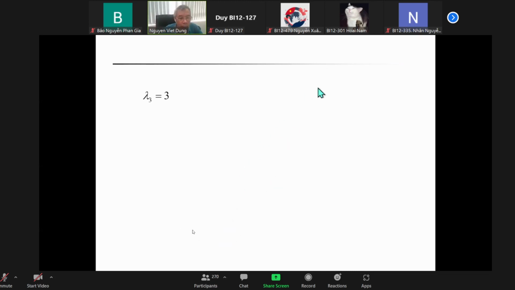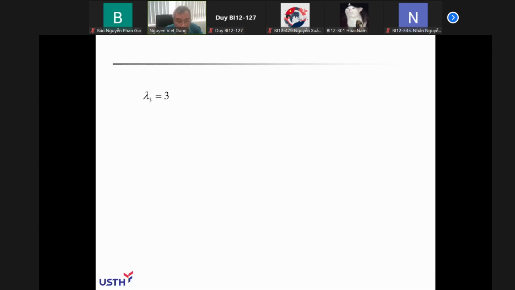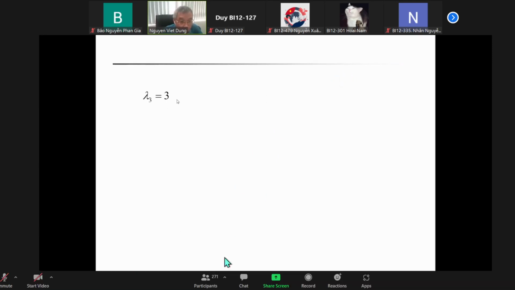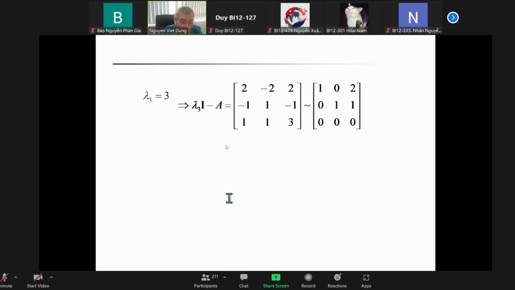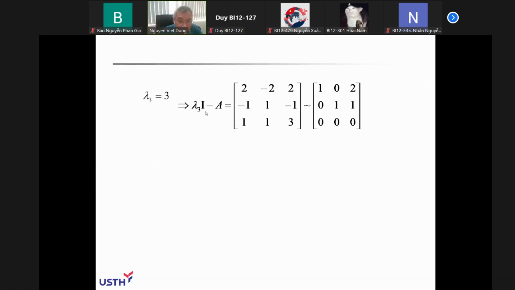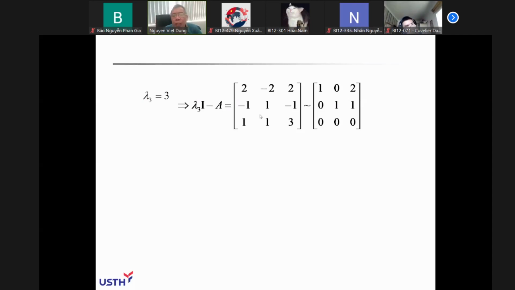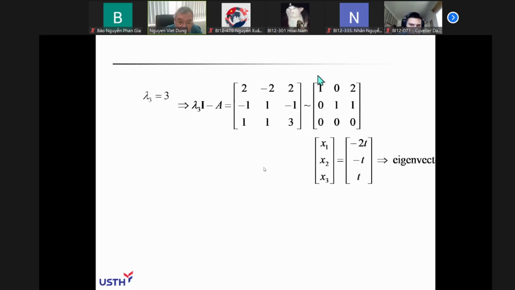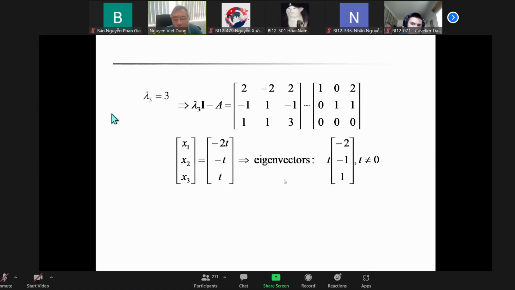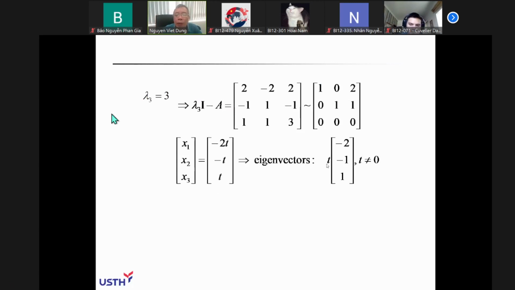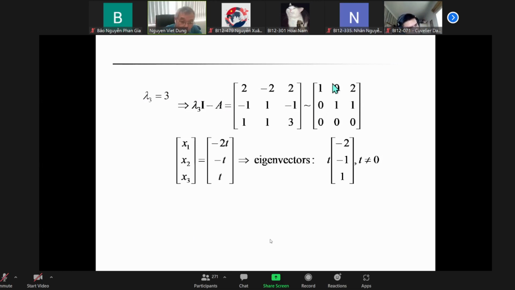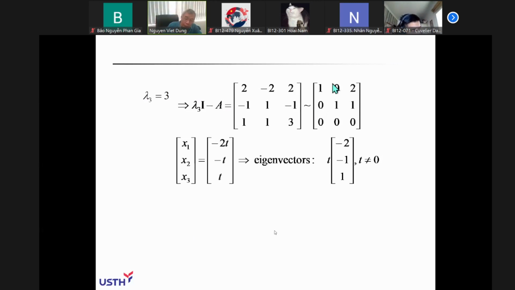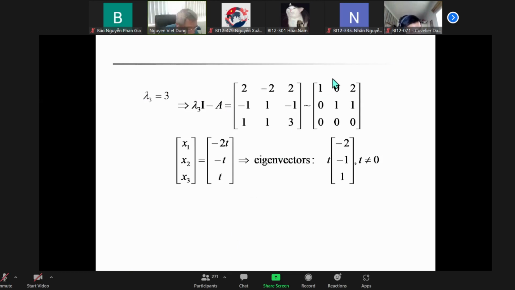The last one, lambda 3 equals 3. The last eigenvalue equals 3. Then we write down the coefficient matrix lambda 3 I minus A, which is that. Gaussian elimination gives us that matrix. Again, x3 will be the free variable, and the solution will be that. And you get the eigenvector for any non-zero t. So that is the way we can find the eigenvalues and eigenvectors. So for the eigenvector and eigenvalue, first we